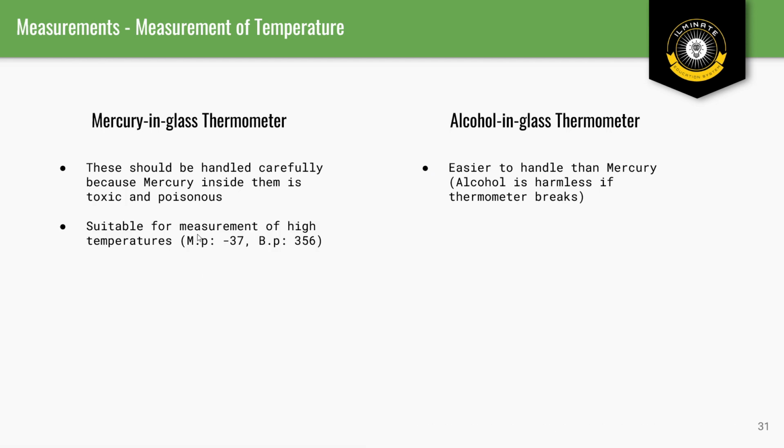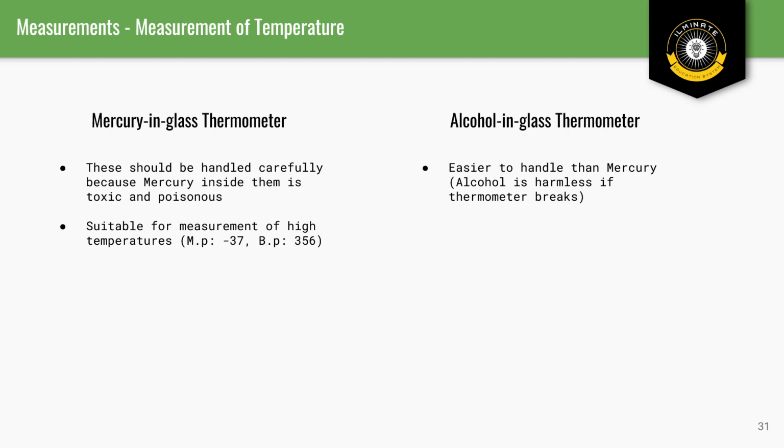So the mercury in glass is basically suitable for measurement of high temperatures, such as here's the range we're given, minus 37 to 356. And why are we given this range? Because the melting point of mercury is minus 37 degrees, which actually is the point where it turns from solid to liquid, and the boiling point is 356. So as you can see, 356 is quite a high temperature, and that's why we can use mercury for high